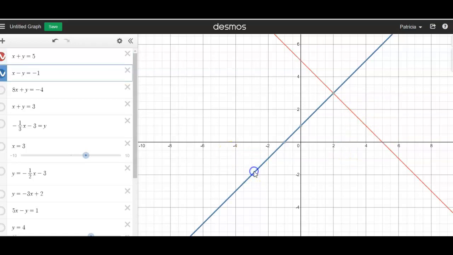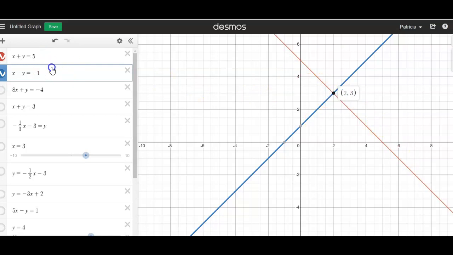And for the blue line, any point I click on here is going to be a solution to x minus y equals -1. So it looks like the point 3, 4 will work. The point 0, 1 will work. The solution I'm interested in is the one that is a solution to both of them, and that is found as the intersection. 2, 3 is the solution to this system of equations because it is a point that exists